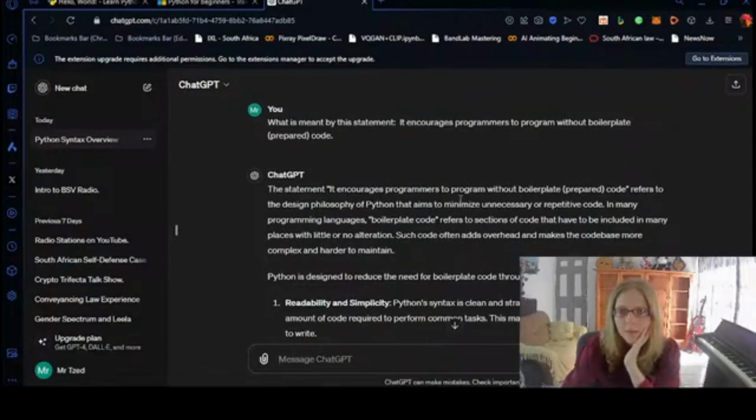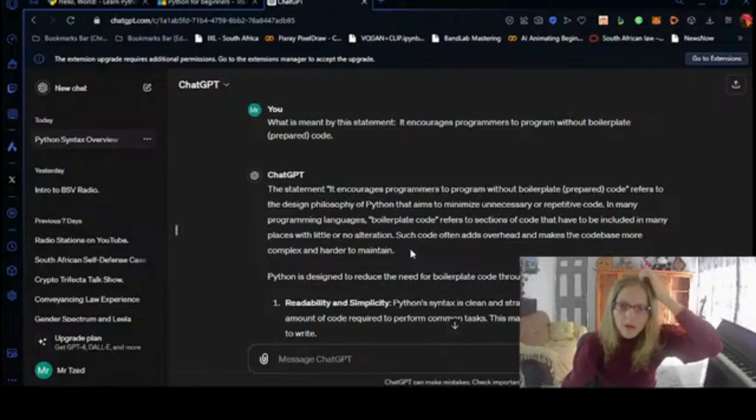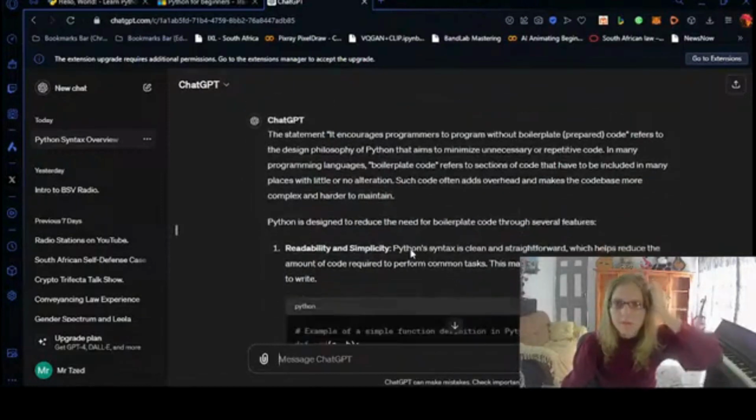It encourages programmers to program without boilerplate code. What do they mean by boilerplate? This refers to the design philosophy of Python that aims to minimize unnecessary or repetitive code. In many programming languages, boilerplate code refers to sections of code that have to be included in many places with little or no alteration. Such code often adds overhead and makes the code base more complex and harder to maintain. Okay,